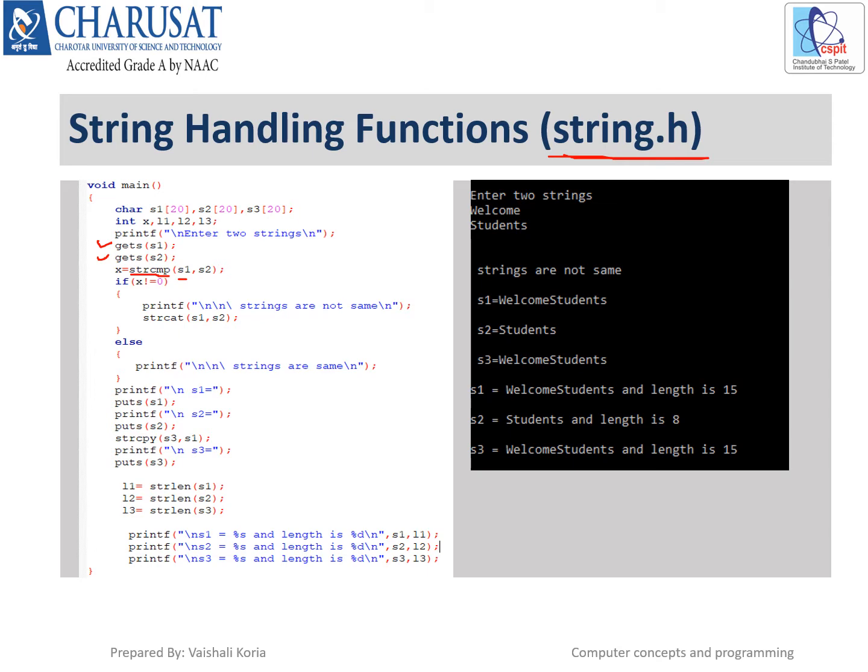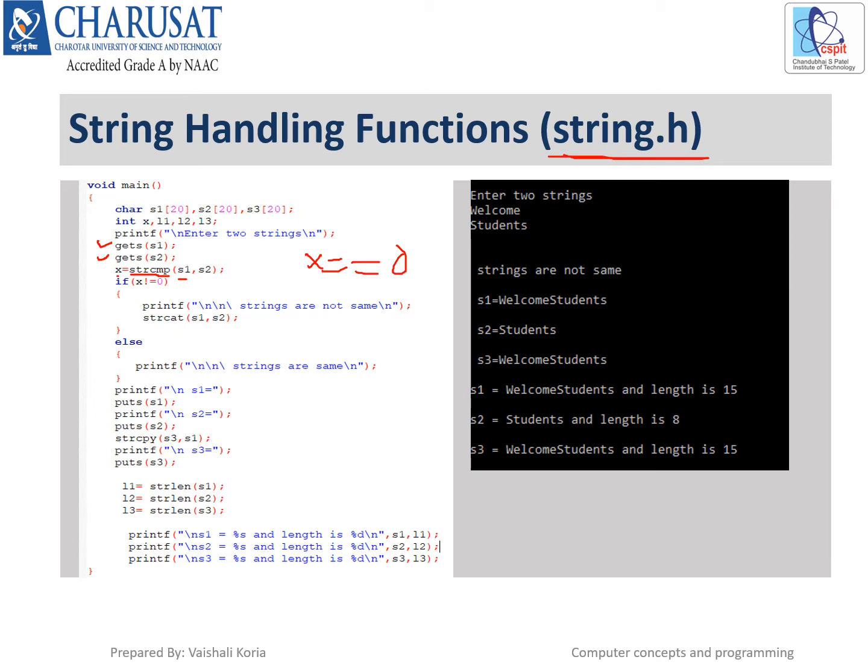Okay, now you can see here that the return value of this function is stored in x and x is an integer. Okay, so that means what? That this strcmp function will return an integer value. Okay, so what actually it will do? So we'll see the example here. See, when you call this function, s1 and s2 will be compared, whether they are containing the same characters or not in the same sequence. Okay, so if x is equal to 0, means if this function is returning 0, that means the two strings which are stored in s1 and s2 are same.